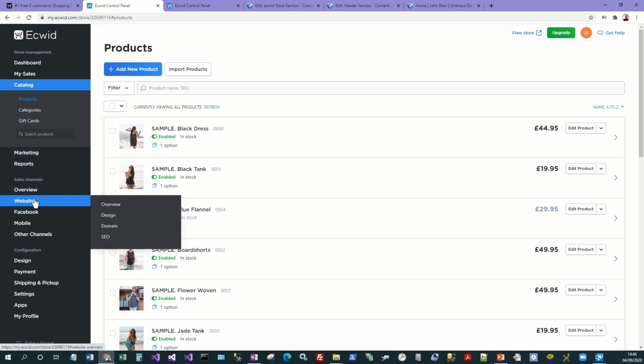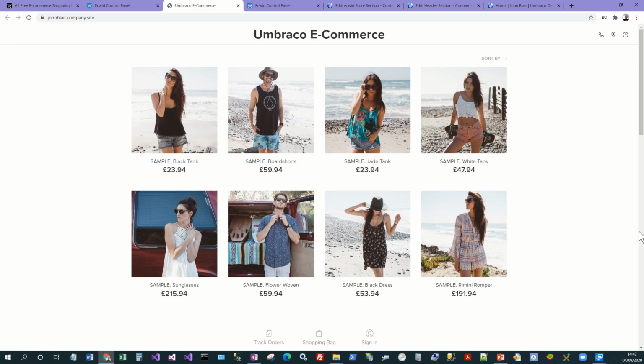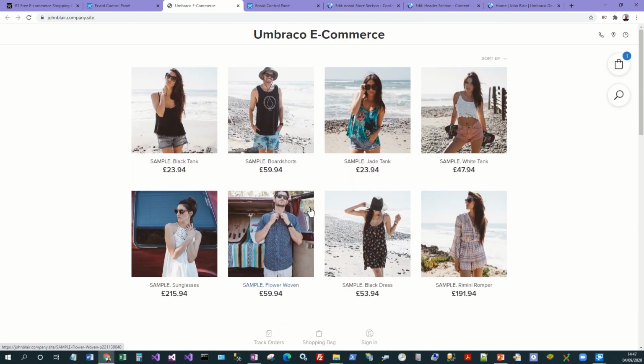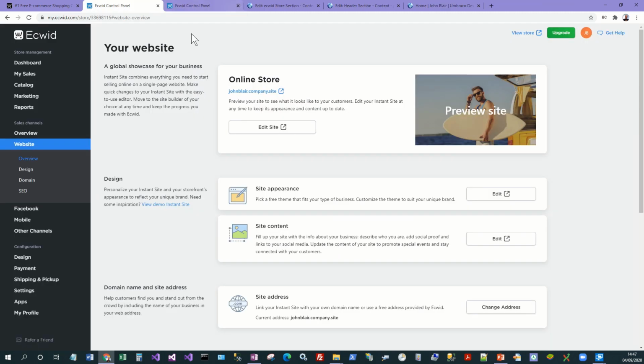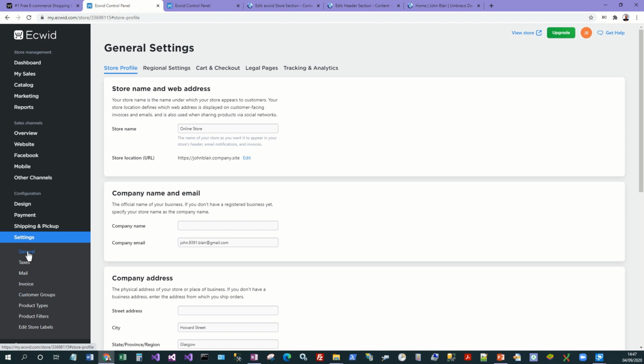You will then go to the website part and give your site a unique name, so that this is the public site that you have by default, which you can customize and just keep. You don't have to embed it into Umbraco, but if you do, then let's continue and see how that is done. Before you embed it or push your site live, you'll want to set up the